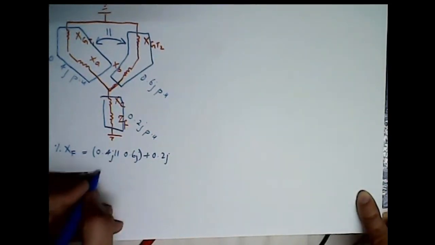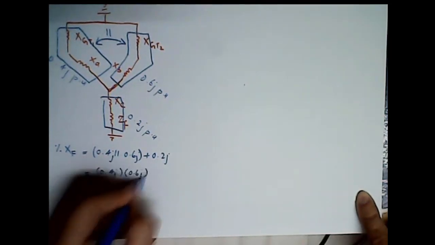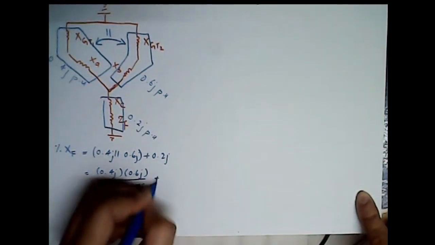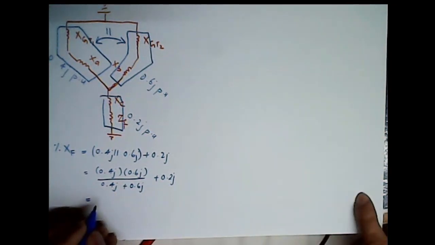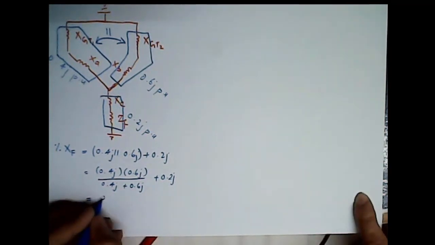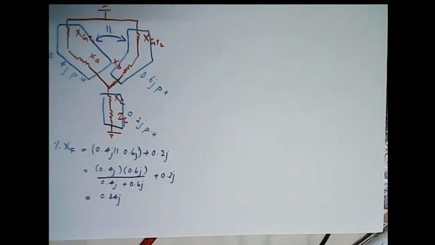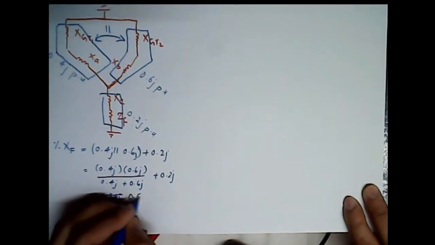So we can solve it. 0.4 J times 0.6 J divided by 0.4 J plus 0.6 J plus 0.2 J. This would be 0.34 J, right? Just a minute. In fact, it would be 0.5 J, right? I have included the fault